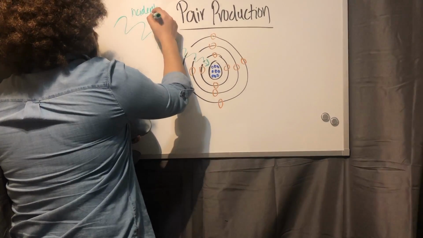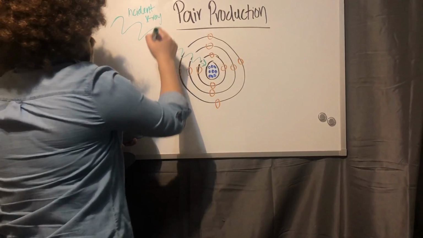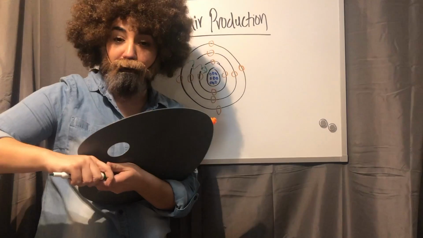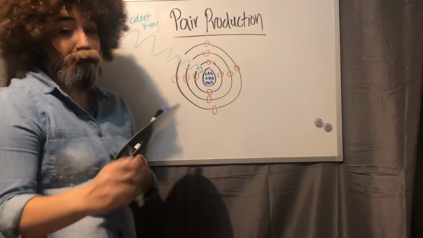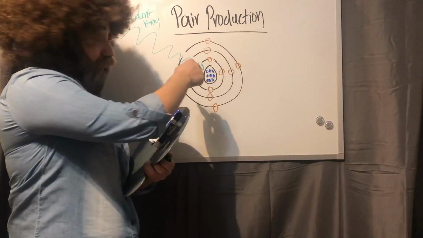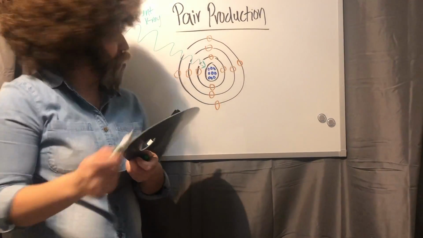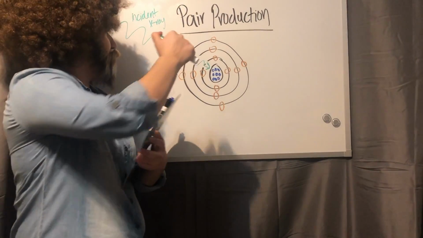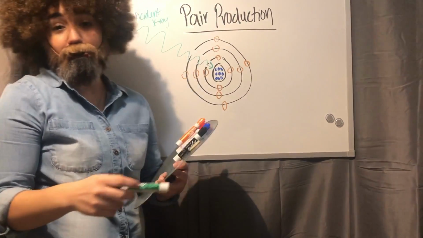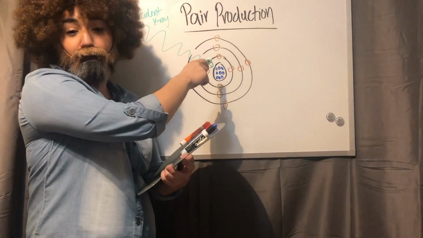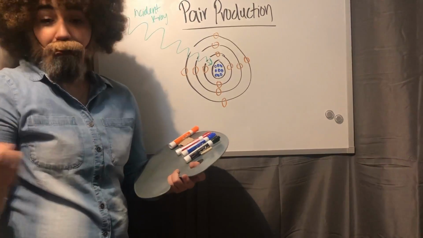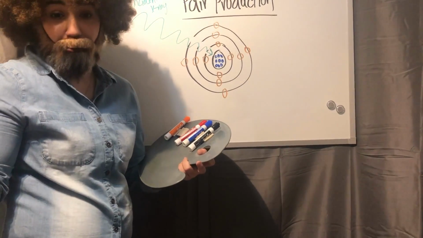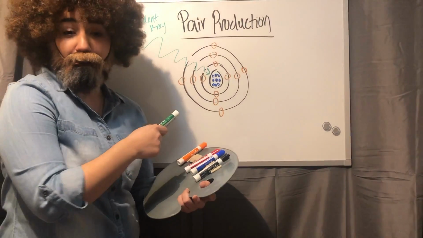So this is going to be our incident X-rays. Right there. When our incident X-ray right here has sufficient energy, it may escape interaction with electrons, because for some reason, this little guy doesn't want any friends. Once he escapes his interactions with these electrons, he's going to be influenced by the strong nuclear field right there. The interaction between the X-ray and the nuclear field causes the X-ray to disappear, and in its place, 2